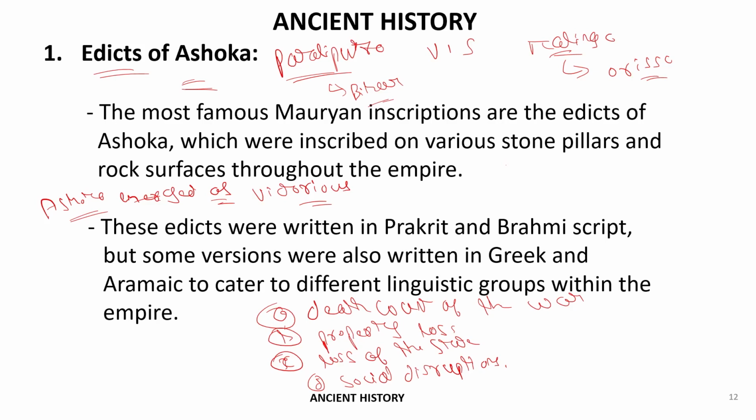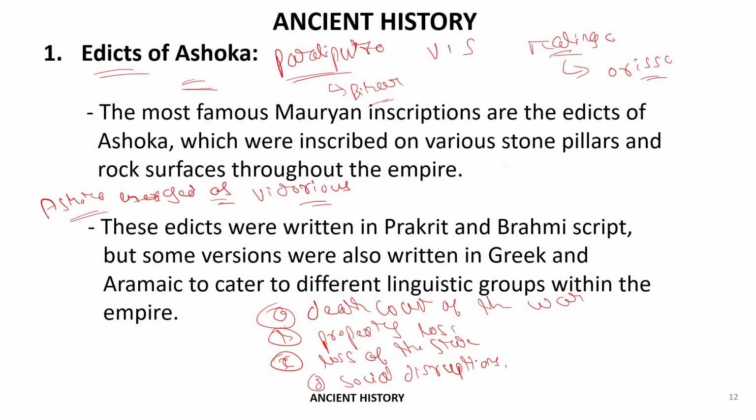When he saw how many people gave up their life in this battle, because Pataliputra and Kalinga wanted power, and because of this curse of power they both started fighting each other, and many people had to sacrifice their lives, this was the first reason. Second reason, when he saw the loss of property. Many people lost their homes, businesses, and farmlands, and many had to migrate from their cities and villages to remote areas in search of safety. So he saw the property loss.